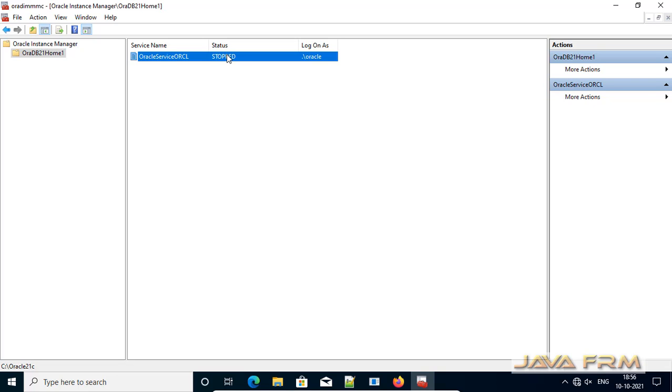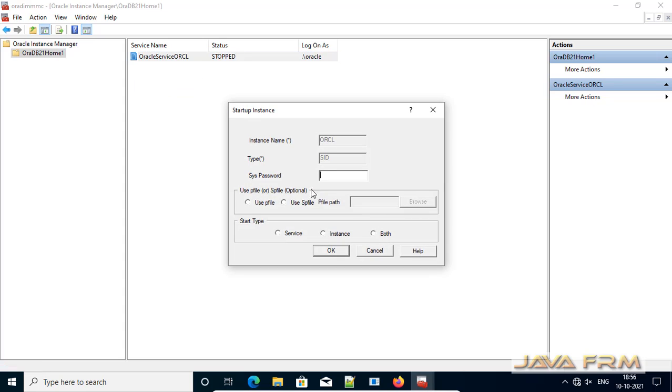So let me start both the Oracle service and Oracle instance. Provide the password. Now it will start the Oracle service and Oracle instance.